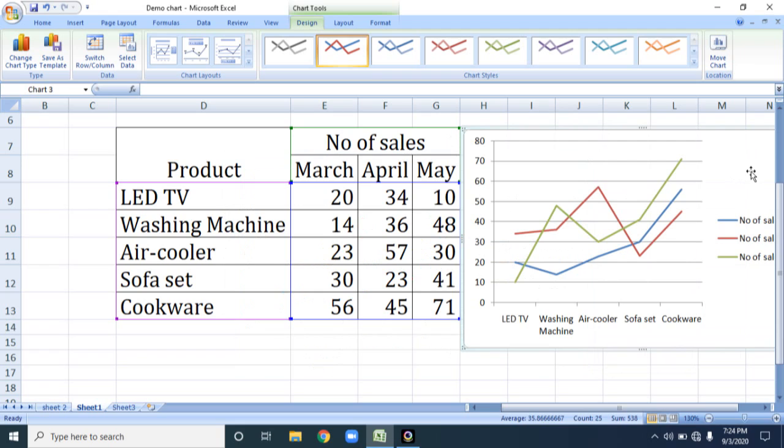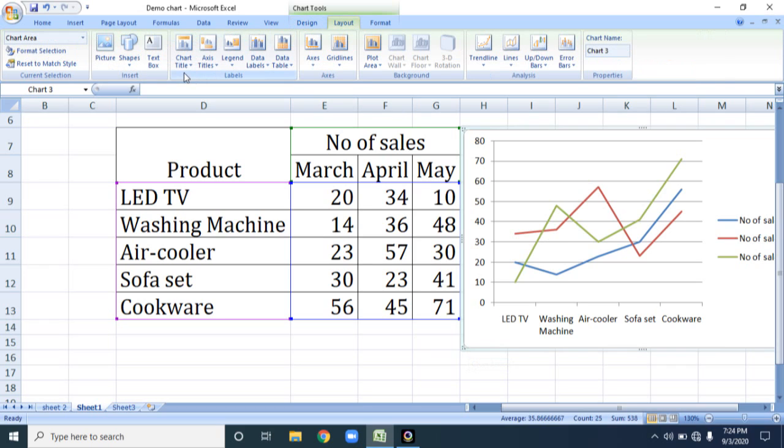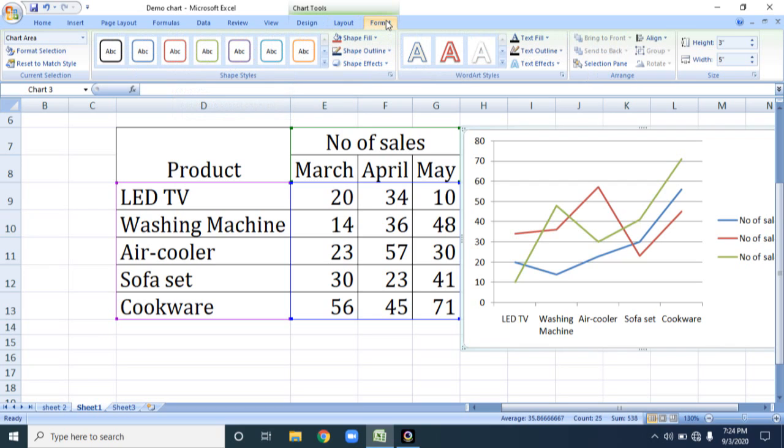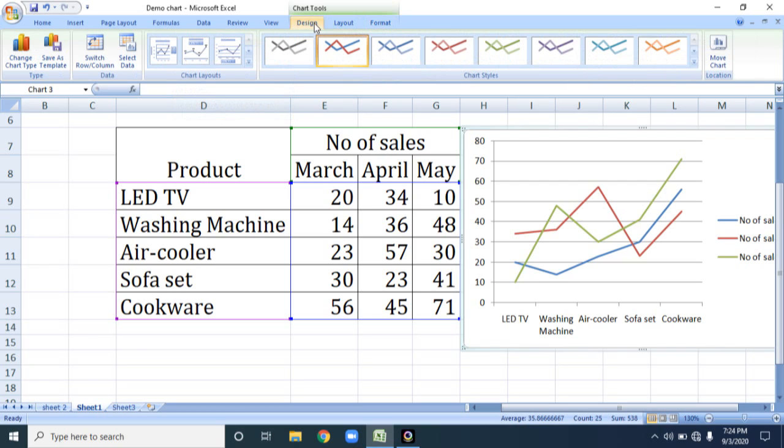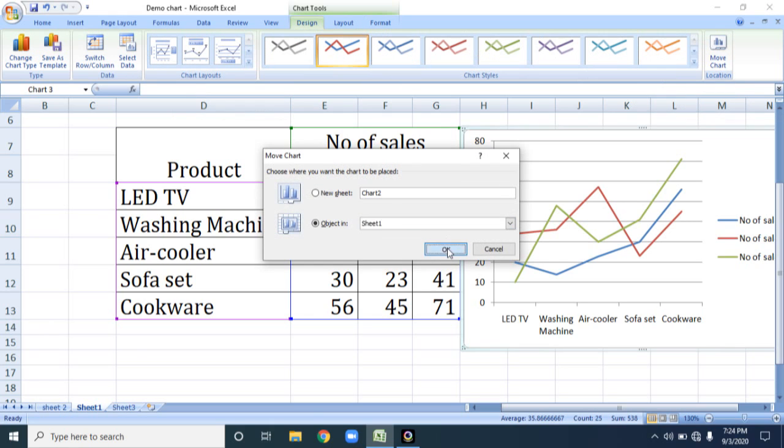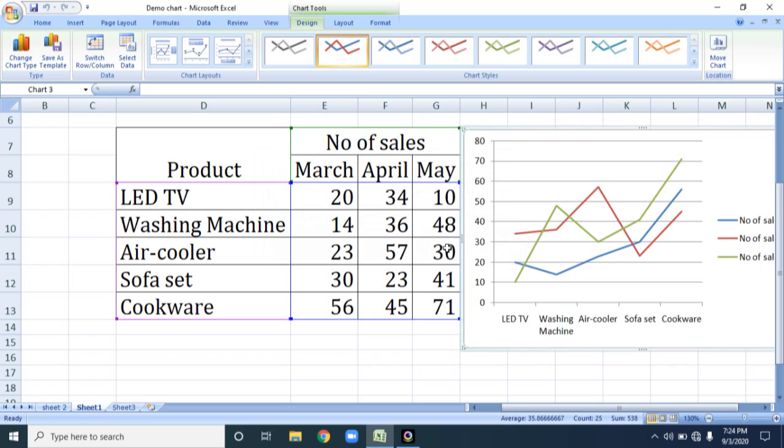In the same way what we have done for column chart, here also you can add layout, chart title, axis title, legend, data labels, data table, everything you can do. You can add using this layout menu. Similarly, you can add formatting options, and also you can move the chart to another sheet. Okay, for example chart 2, automatically the new sheet will be created and the chart will be moved. Okay, next,